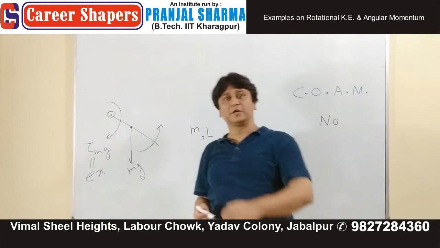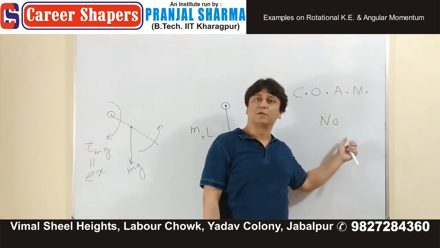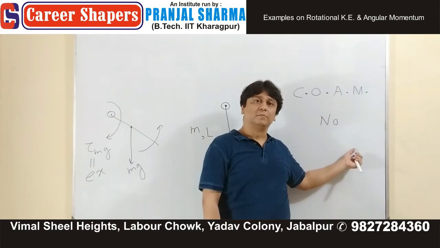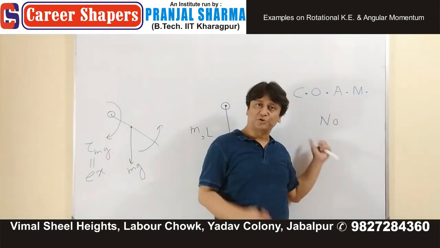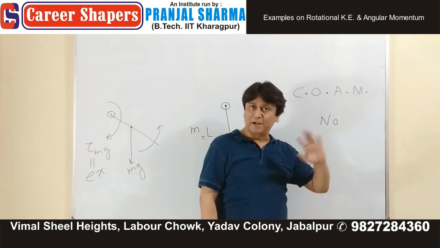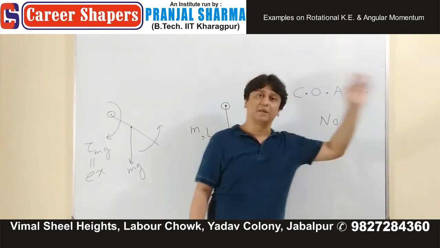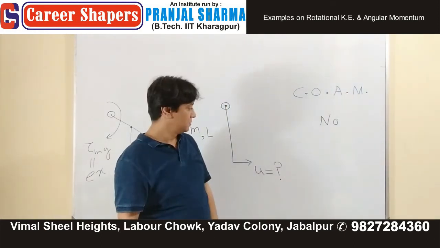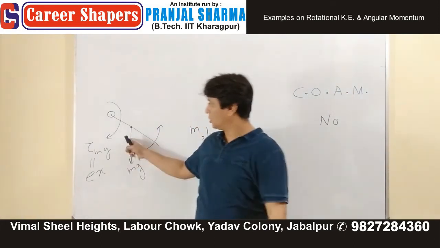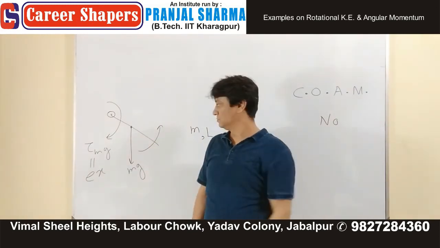And since torque is present, we cannot conserve angular momentum. That's the reason I gave you this question just after the article of angular momentum, so that I can create this kind of confusion. ऐसा नहीं कि आपको जहां क्वेश्चन दिखा आपने वहां लगा दिया COAM, यहाँ टॉर्क लग रहा है, torque of mg, and therefore you cannot